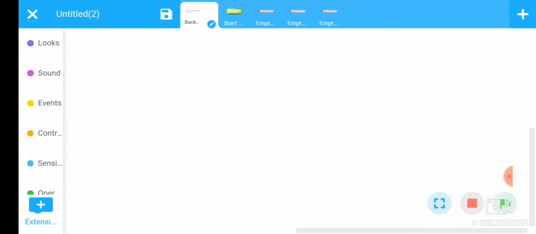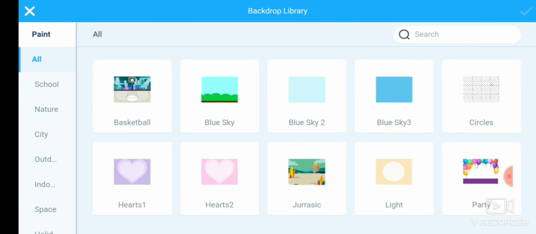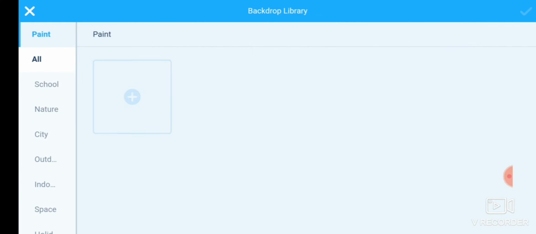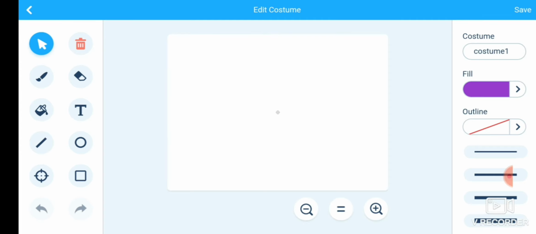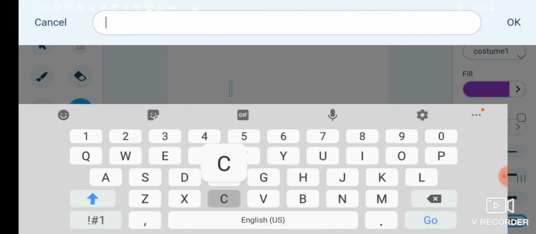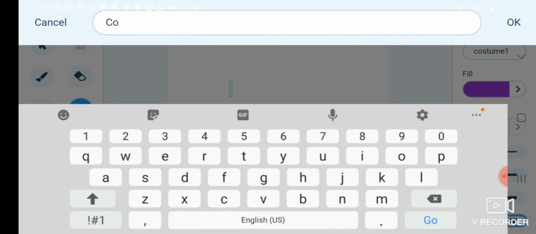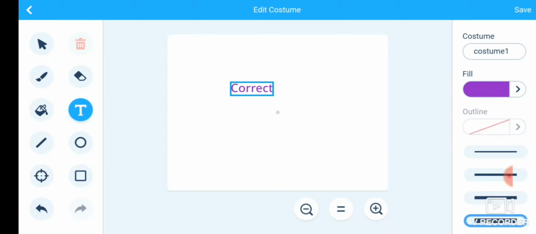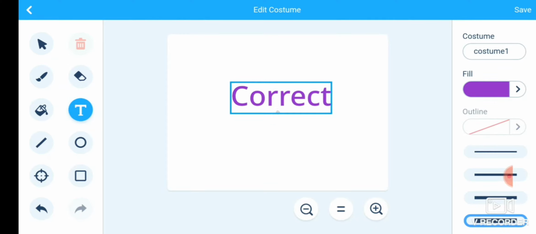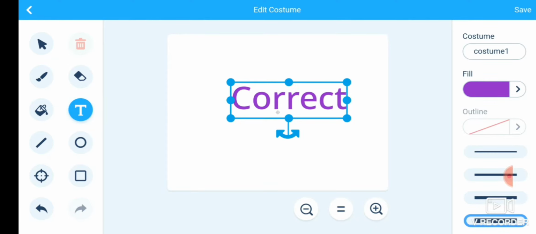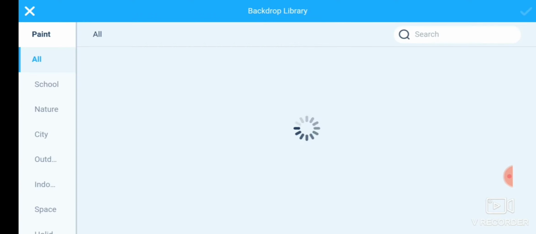required two more backdrops here. One is for correct and the other is for the wrong option. Type here correct, other is for wrong.